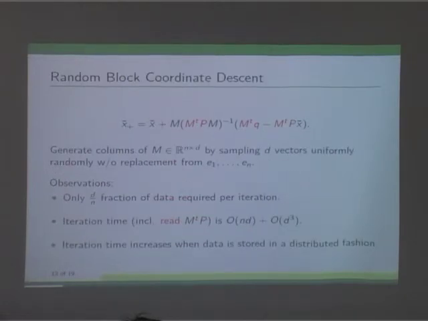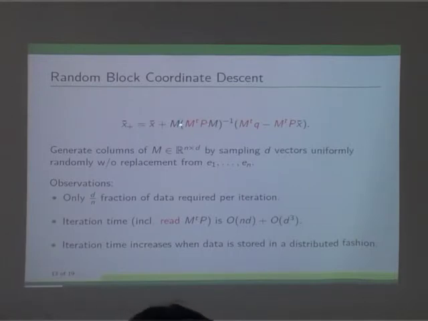So the most basic way is to choose the columns of M. So we need to choose d columns of M. So how would I go about doing it? Let's say these are the standard basis vectors of R^n. I will pick d of them in a uniformly random fashion without replacement. The idea of without replacement is that I want full column rank. And you can observe that in this setting, M will be the sparsest possible which has column rank d. So let's see what are the advantages and disadvantages of this.